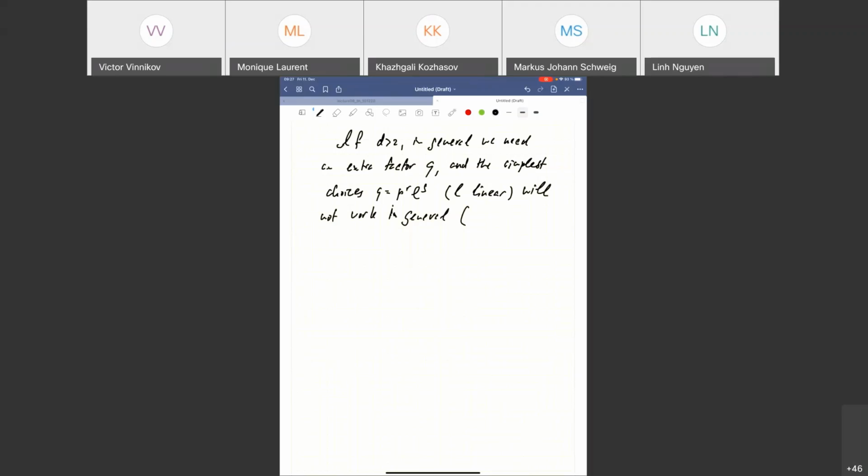So that's the result of Netzer and Thom, that the linear factor will not help, and the fact that the powers of p will not help is a very deep counterexample using matroid theory of Brändén. So that's, I think, 2011. Okay, now what is the good news? Well, the good news is that we can get some positive determinantal representations for d greater than 2. So a result of Mario Kummer from 2017, well, the paper is from 2017,